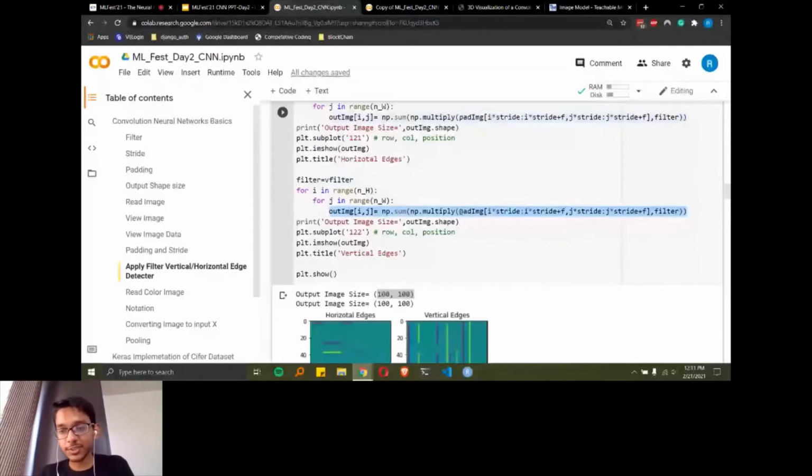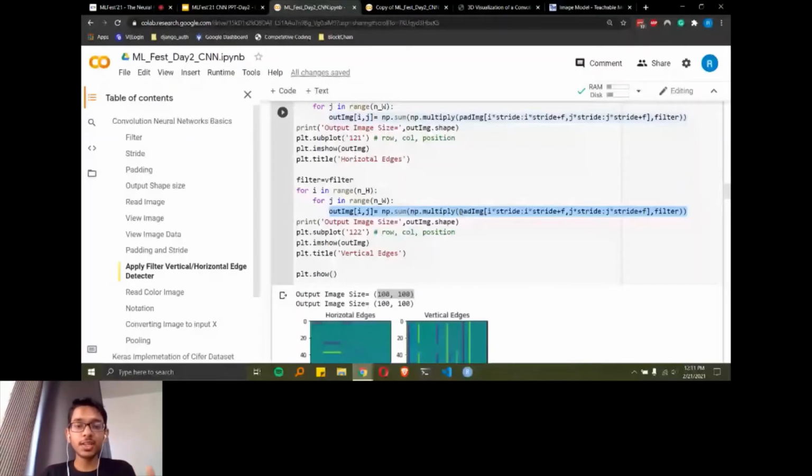I will just highlight it. So what I have selected is the receptive field, and the filter is of 3 by 3 itself. So a 3 by 3 filter is imposed over a receptive field to generate an output, which is stored at the position out image i comma j, which is nothing but the height and width parameters of that particular pixel. So that's how it is working.